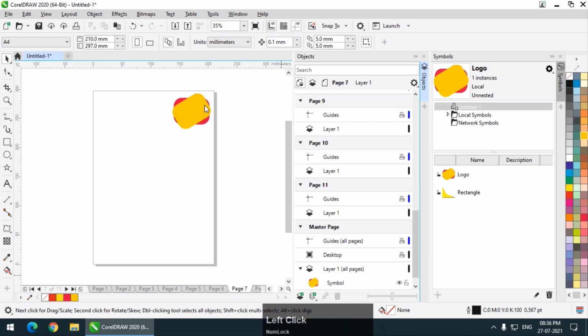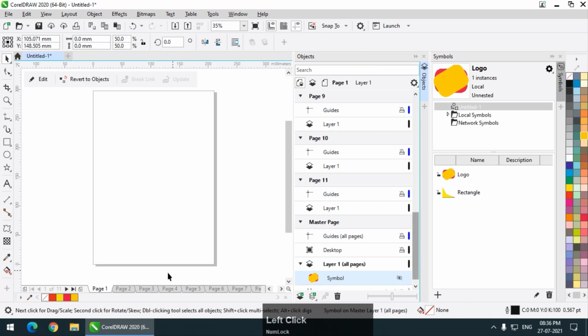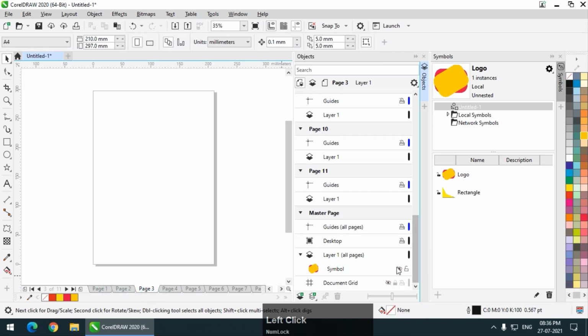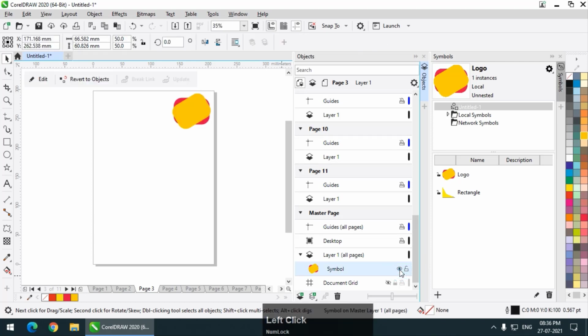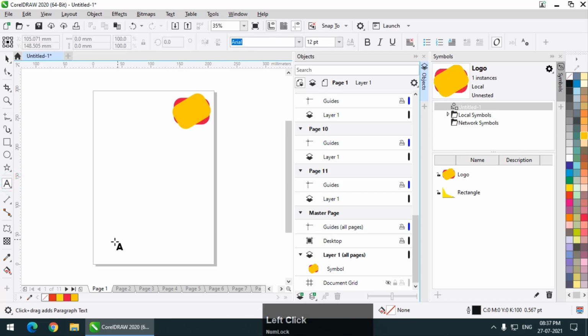Now it is hidden because I have clicked on this particular thing. I have again clicked, so show, so it is now displaying on all the pages. Now let's say I want to add a footer on all the pages.